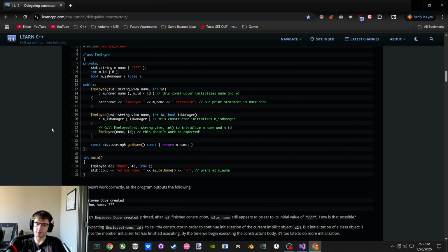Alright, so we're creating an employee called Dave, who's 42 years old, and it says true. So we're calling the employee's second constructor, which includes that bool is manager as the third data member, but the third constructor argument. So we'd think that it would initialize manager and then call the employee two-parameter constructor, initialize those, and then we have a fully initialized employee. But